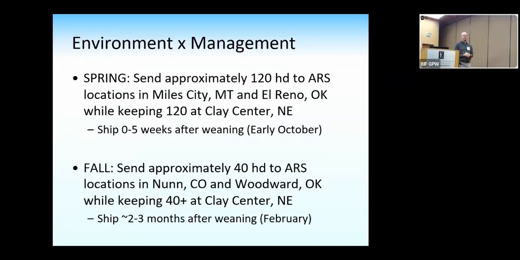This is the larger group, the one that is a little more powerful, where they were sent to Miles City, Montana, the Livestock and Range Research Laboratory there, and the Grazing Lab Research Laboratory in El Reno, Oklahoma, where the wheat pasture was, about 120 a year. We did this for 3 years for every group, every location, and 4 years for Oklahoma. We couldn't send to Miles City the last year because of drought conditions up there. And then we sent 40 head from our fall herd at the time to locations in Colorado, prairie, and in Woodward, Oklahoma.